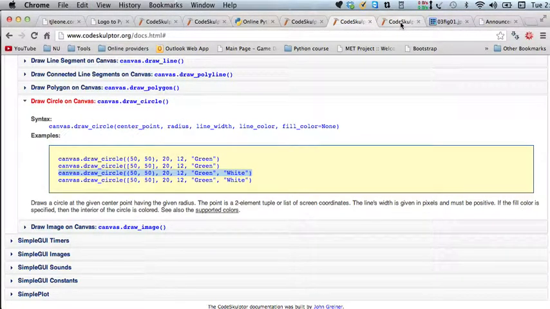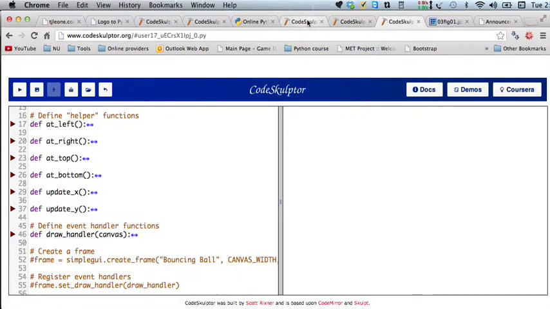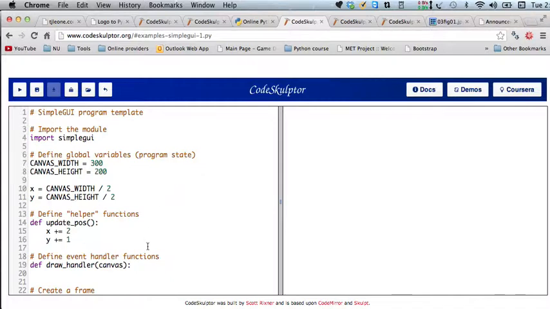Copy into, where was it? Here. Okay. So I'm going to paste that. Now this isn't exactly what I want because I want to update my position, right? So the first thing I want to do before I draw the circle, I'm going to update my pause, and then I'm going to